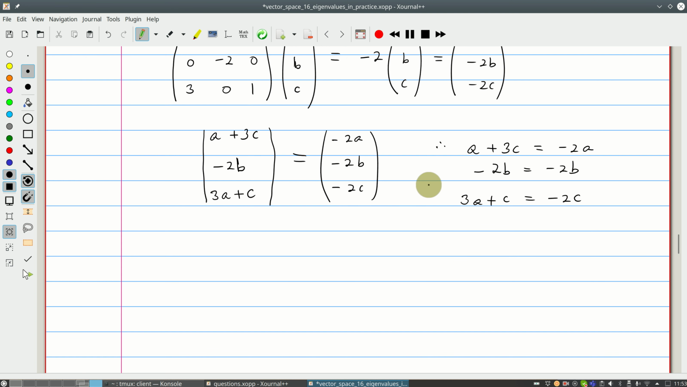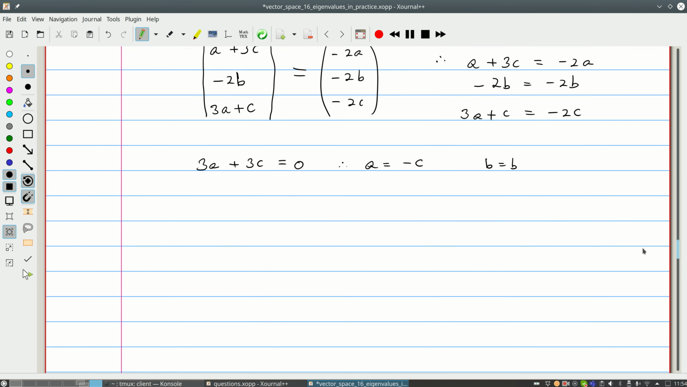Okay, let's take the first equation and write it down for a. So from the first equation we get 3a plus 3c is equal to 0. Therefore, a is equal to minus c. And if you look at the third equation, it tells you the same thing. a is equal to minus c. So there's no new information here. And all that the second equation says is that b is equal to b, which is, well, not telling you anything at all. So all we know now is that x is of the form